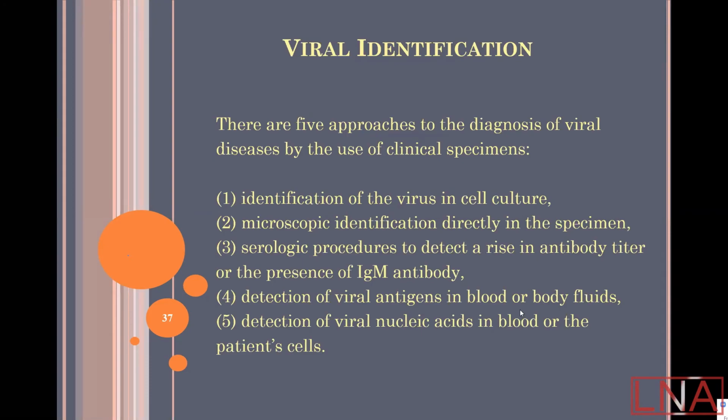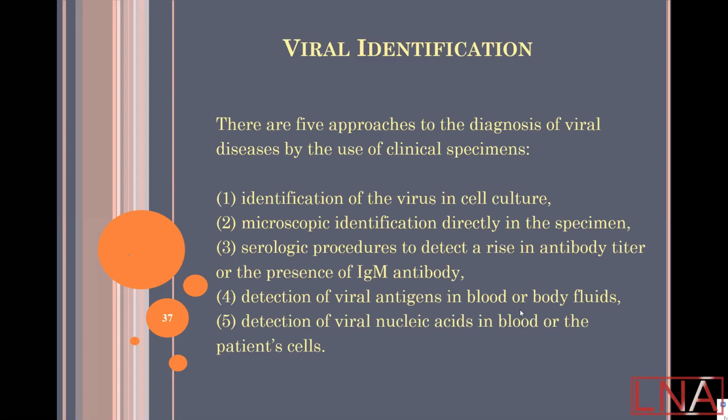Okay, we understand how to cultivate viruses. Let's talk about identification. Viral identification is an important process because we need it for the diagnosis of infection. We need to know what kind of virus caused the infection because it usually influences the treatment strategy or epidemiological situation. So first, not first by importance, but just first in our list, identification of virus in cell culture.